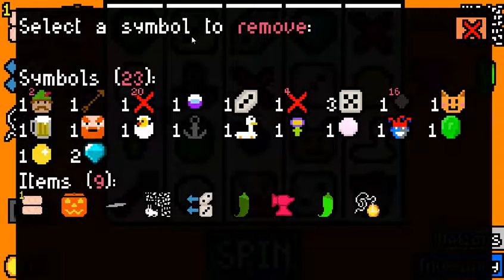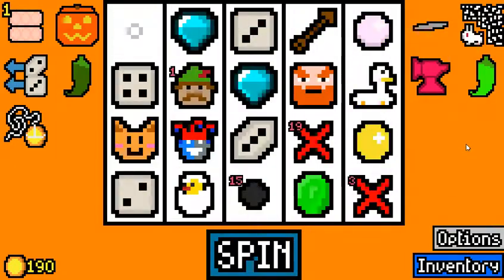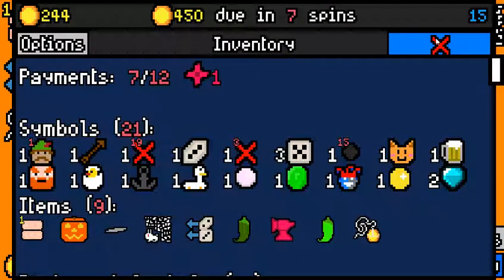Alright, we get to remove something. Yeah, flower. Probably should have removed flower before the cherry, but kind of forgot that I still had it. Alright, 54 this spin, which is also pretty decent. Could pick up a rabbit fluff. It doesn't really do that much, but I think, yeah, we're gonna add a dot in a few spins. I don't know when exactly. I'm not really keeping track of that, but